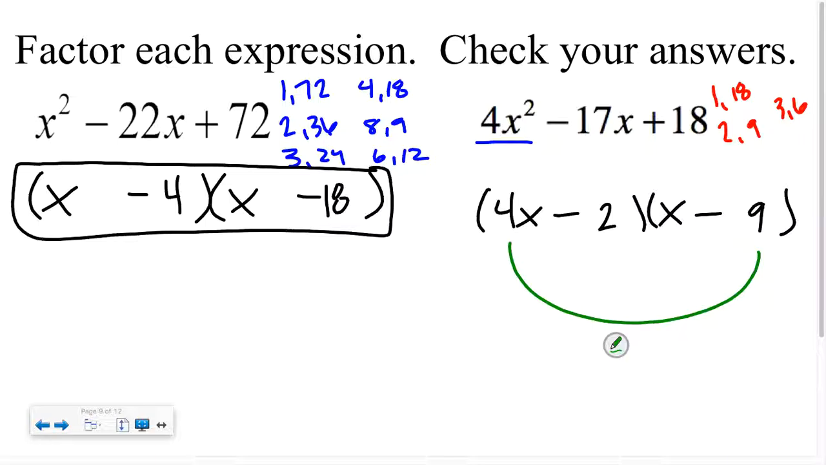Outsides, 4 and 9, or 4 and negative 9. Switch them around. This would make negative 36x, and this would make negative 2. That's too much, right? Okay. If I flip them around,